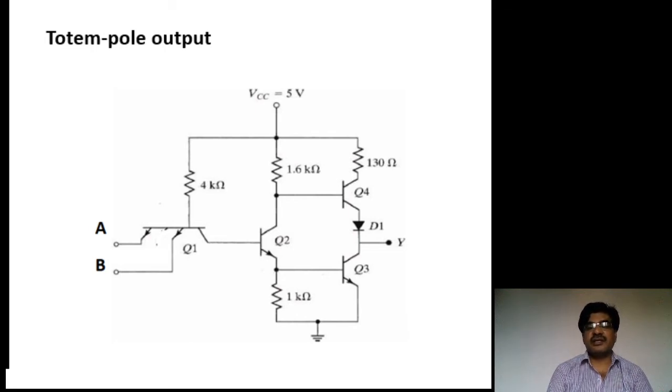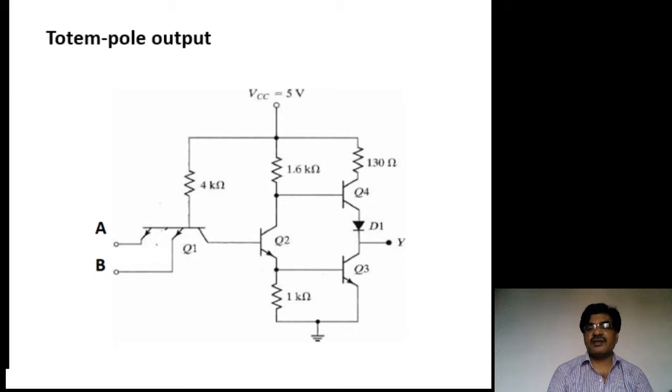Already you know that TTL is a modified form of DTL. The transistor Q1 replaces the input diodes and D1 diode, whereas transistor Q2 replaces diode D2. Q3 is as it is. And you know the purpose of transistor Q2 is to improve the fan out. The same thing you can also apply here. In addition, it acts as a phase split transistor.